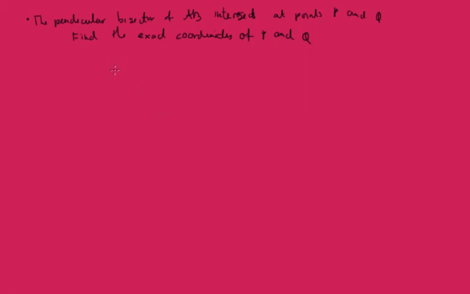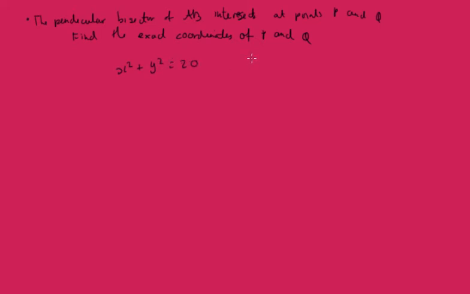If the perpendicular bisector of AB intersects at points P and Q, find the exact coordinates of P and Q. So we've got, for our circle, x squared plus y squared equals 20, and